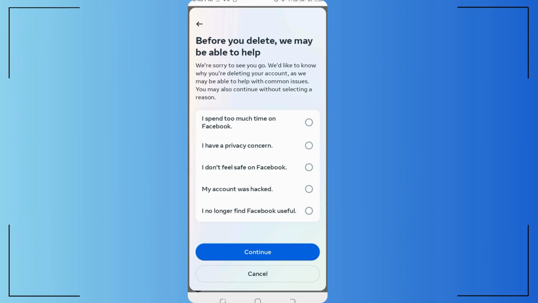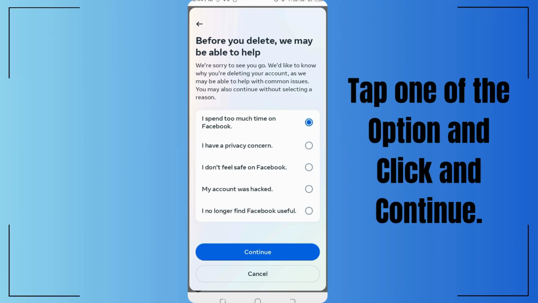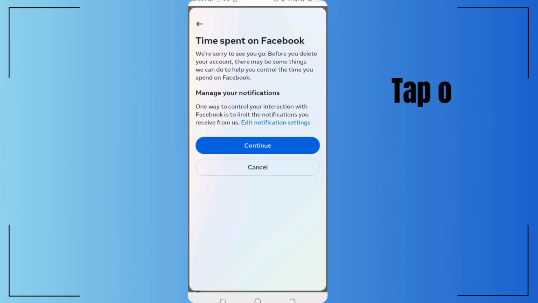Facebook will provide information about the deletion process and its consequences, and here we could see there are a few reasons why you want to delete. So simply tap one of them and tap on continue, which is on the bottom, and tap on continue,